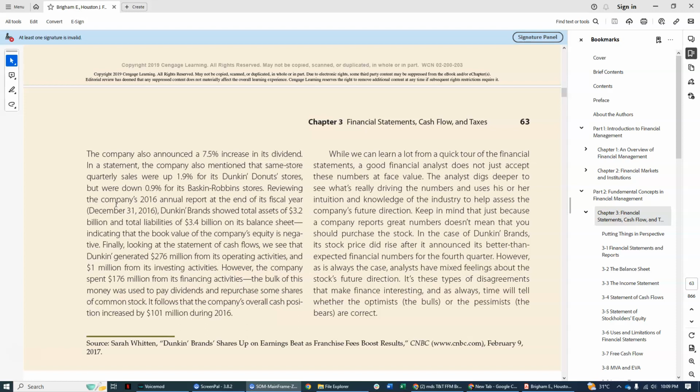So there are a lot of mixed feelings about this one. Their financial position is not good, with negative equity, but they are having positive operating activities, and that's a good one. Probably their stock is low now and they can recover in the future and turn that negative into positive equity. So that's a good one. But again, the analysts and investors are not all thinking in the same way.